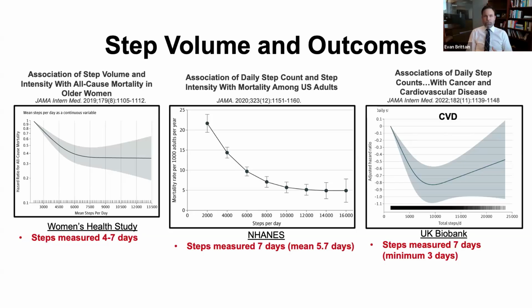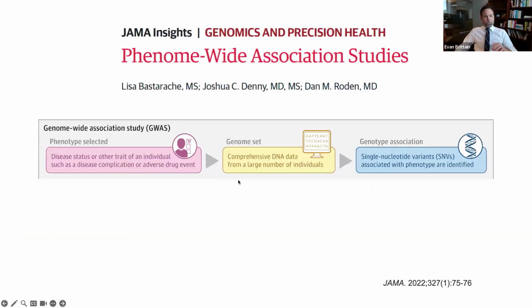And so that, I think, is one of the unique advantages of the All of Us cohort, that we've got 4.5 years on average monitoring duration for these individuals. So we wanted to look at the association between step counts in this case and human health. And we wanted to do that really in an agnostic, unbiased way. And so we did what's called a phenome-wide association study. And I'll describe that